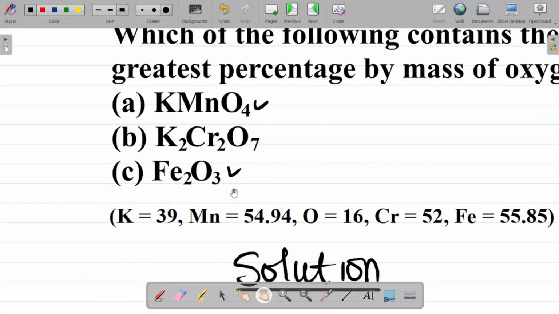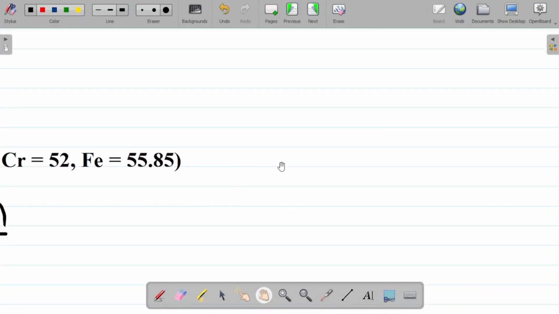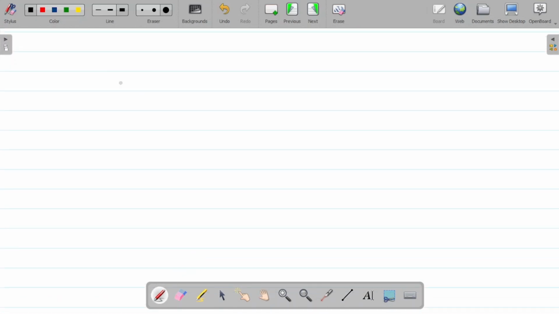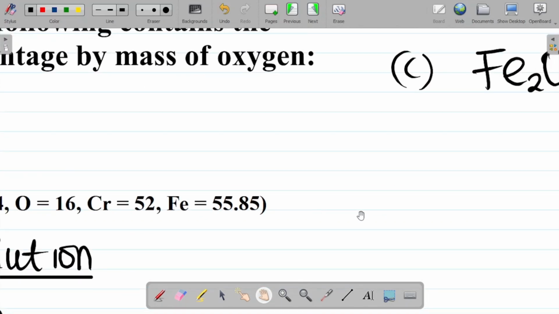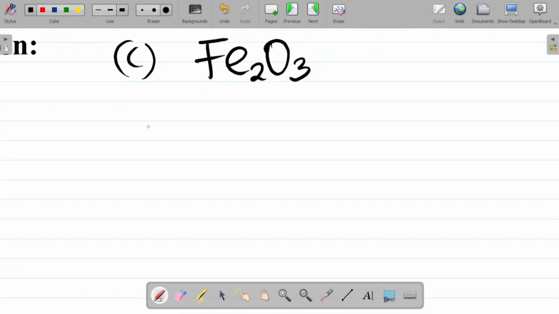I'll jump straight to the C part, which is iron 3 oxide. All right, so let me do it here. C, iron 3 oxide. That's this. Now let me confirm we have this. Yep, iron 3 oxide. Let me get the molecular mass, the molar mass. The molar mass of this compound